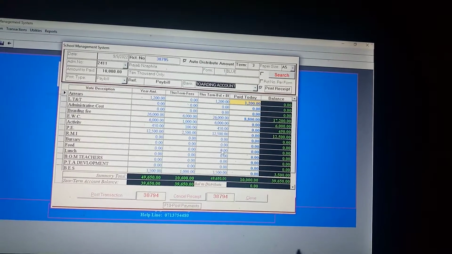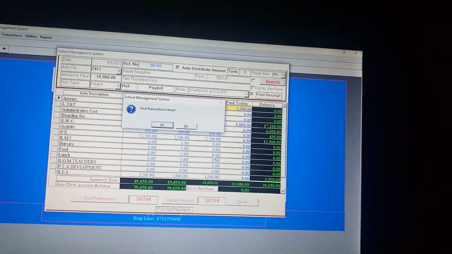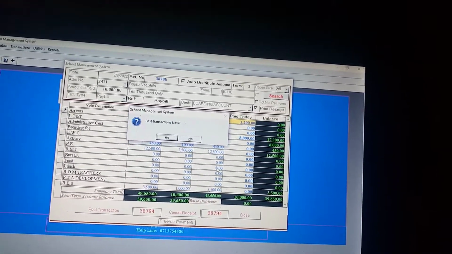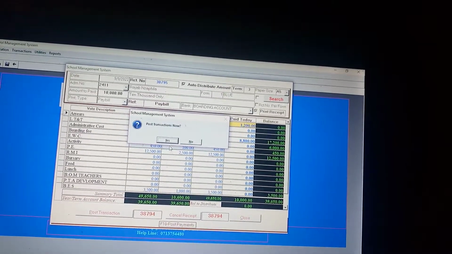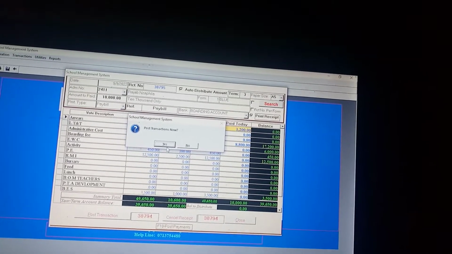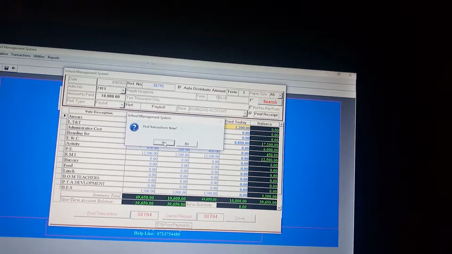So this is just an example of a school that uses boarding account, tuition account, operations account, infrastructure, salaries, and bus account. So they have paid to boarding account, for example, and we want to print that receipt. We will press F10 on our keyboard, and it will ask you, do you want to post this transaction? So we just say yes,